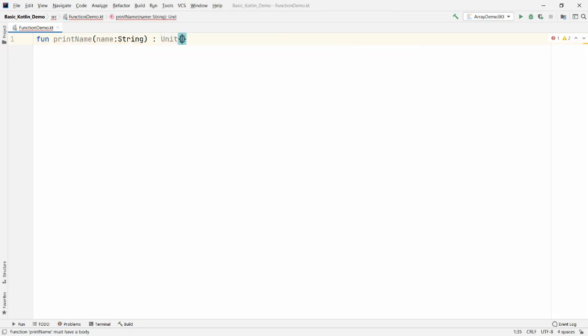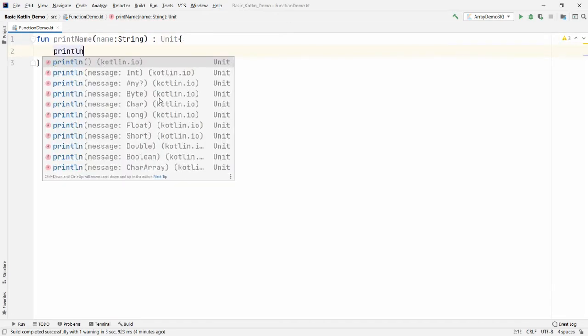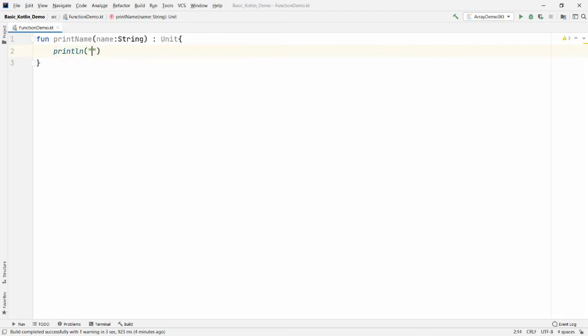Unit means the function is returning nothing. Now in this function you can print a line, and inside println you can write hello and then dollar name. So whatever name the user has passed, it will be printed with the hello string.